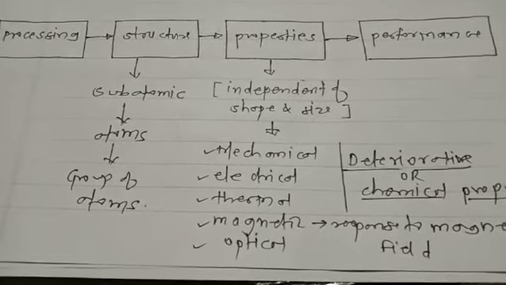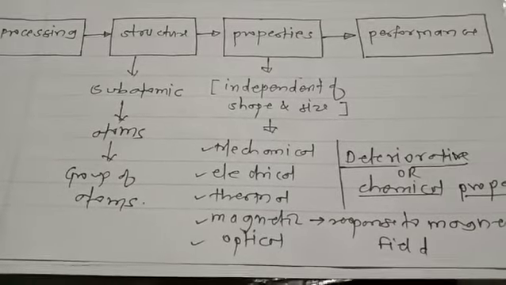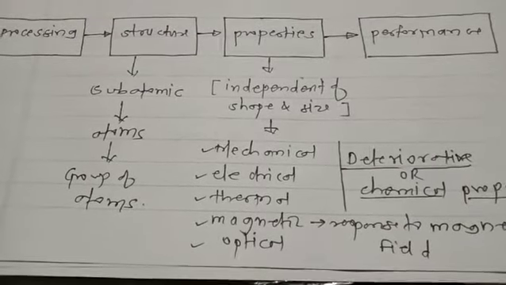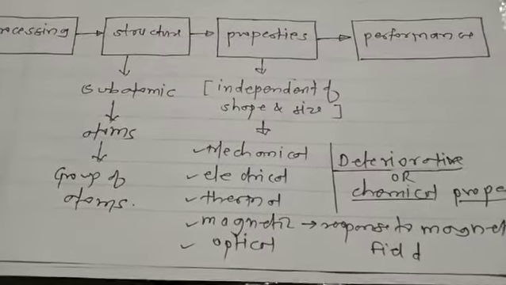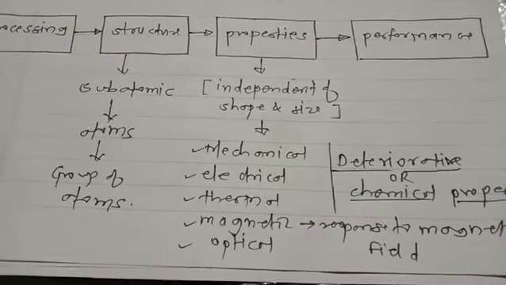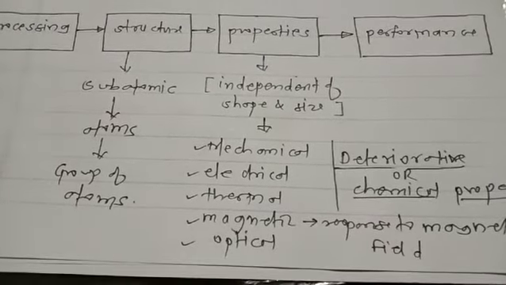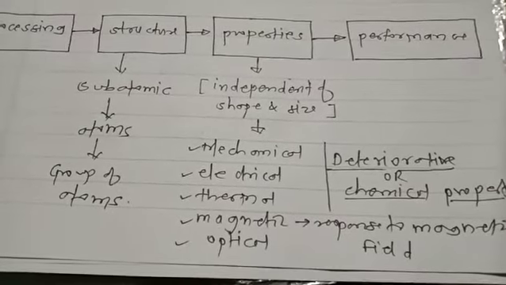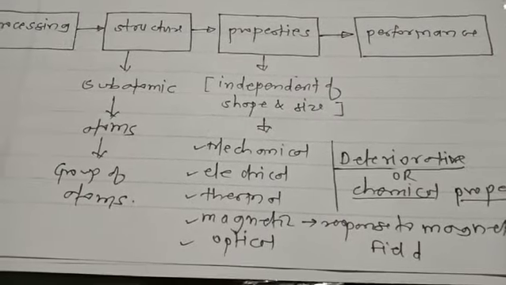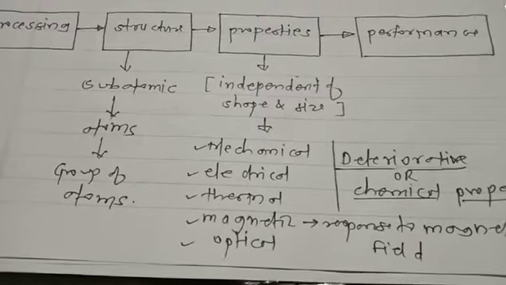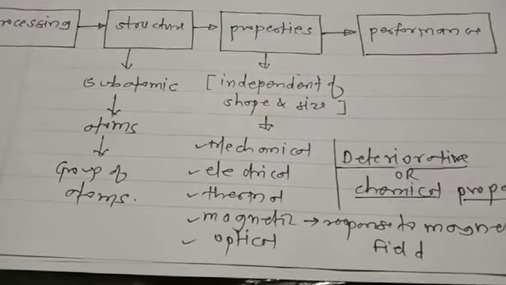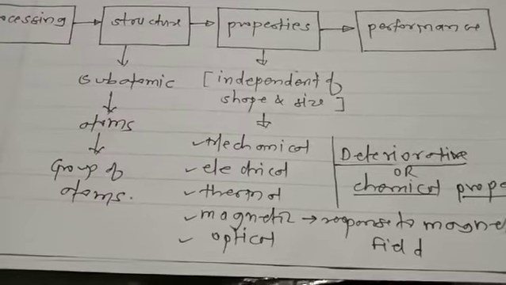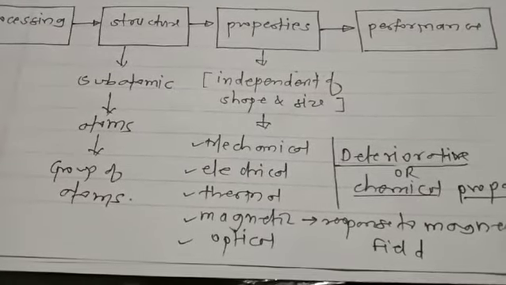If there is a mistake in the processing, definitely there is a mistake in the internal structure, that will lead to the properties, and that will go for the performance. So always remember, these are very important. We are studying materials and metallurgy, always remember any property always depends on the internal structure of the particular